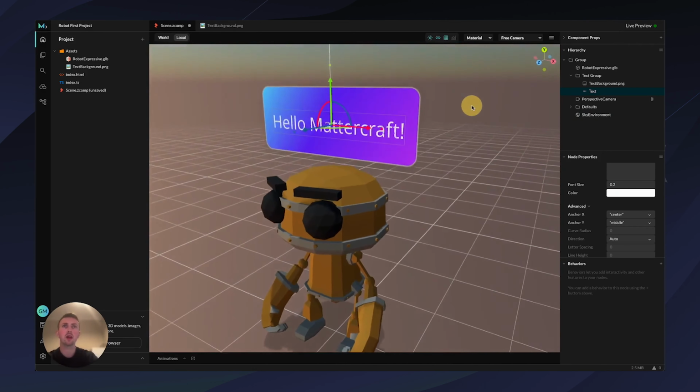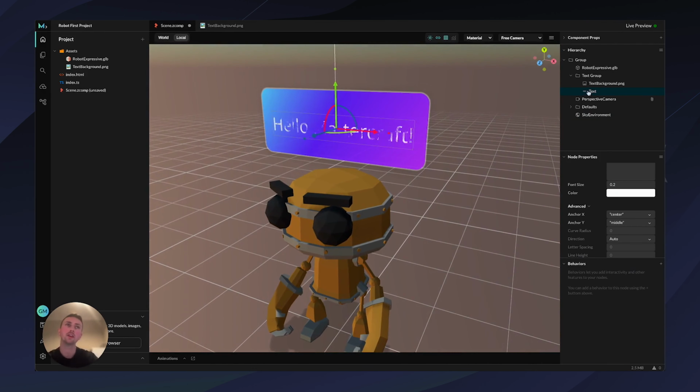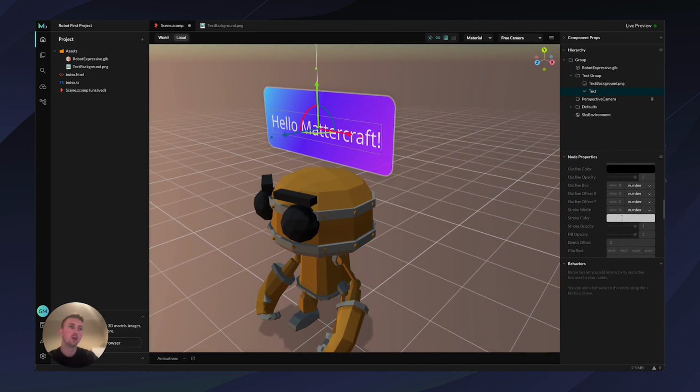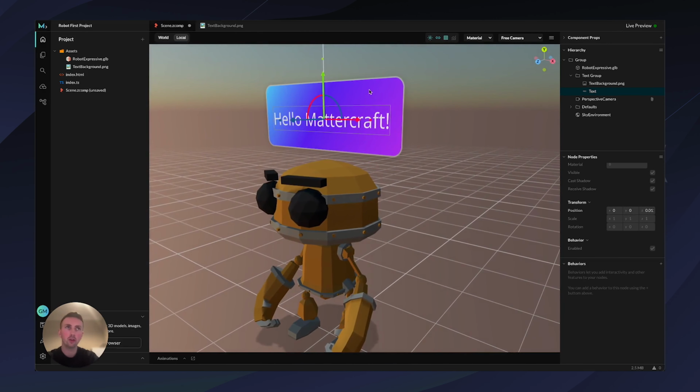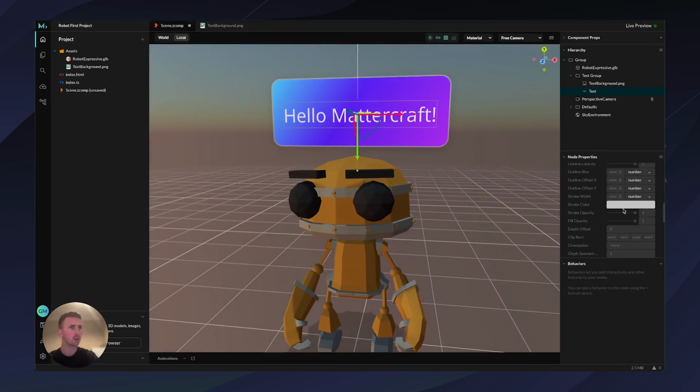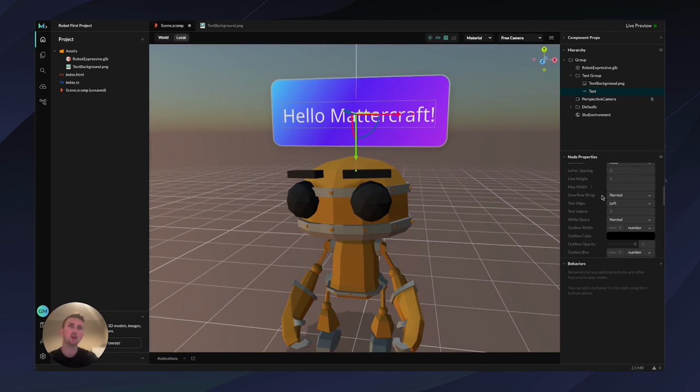And you can see that when we move around, there's a bit of Z fighting going on. And that just means that the 2D content of the background and the text are on the exact same Z axis plane. So what we can do is click on our text and move it forward slightly. We can either do this using the blue arrow, or using the position property down here. You can see that because I've moved it, it's now 0.01. So it still looks like it's on the text background, but it's just moved forward slightly to stop that Z fighting.